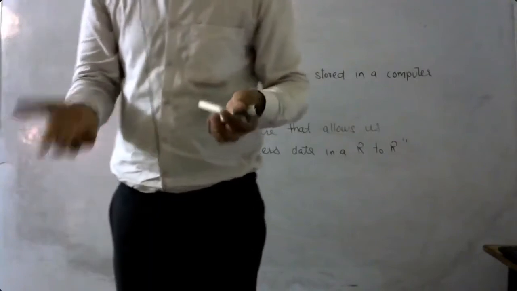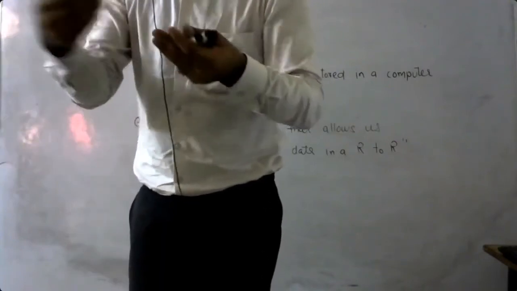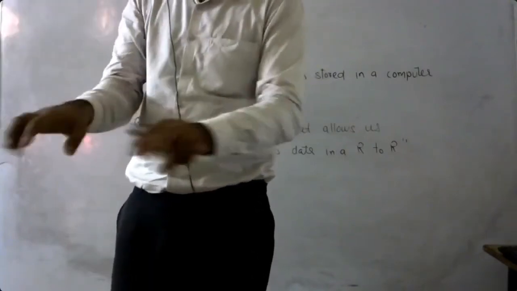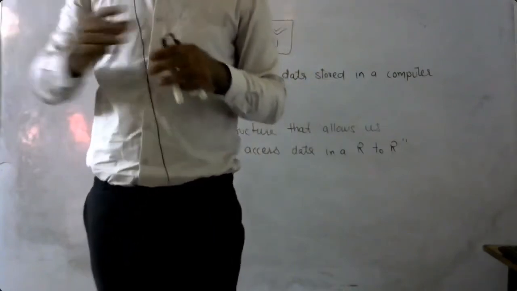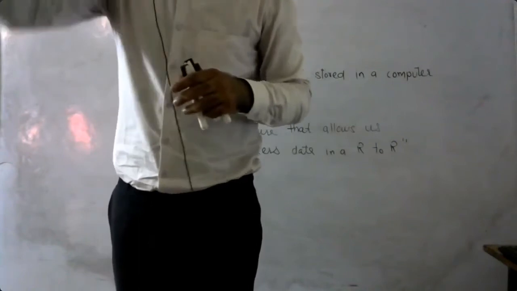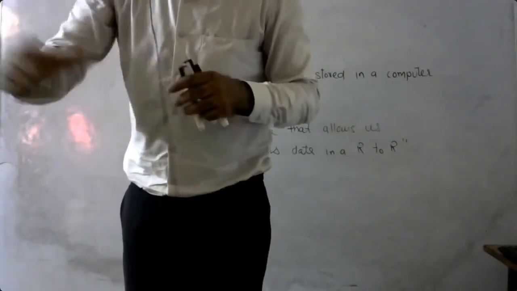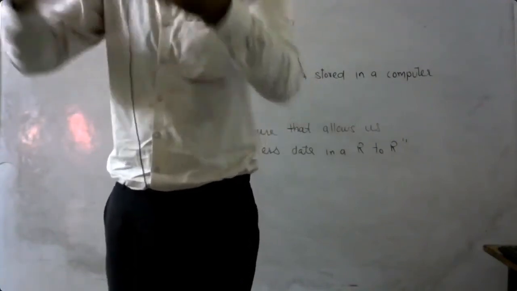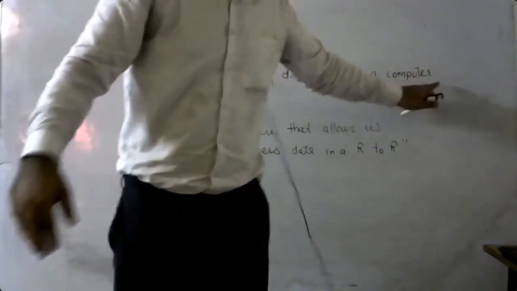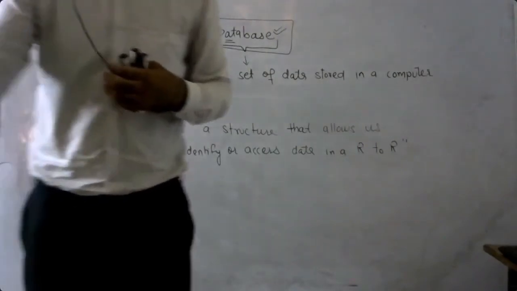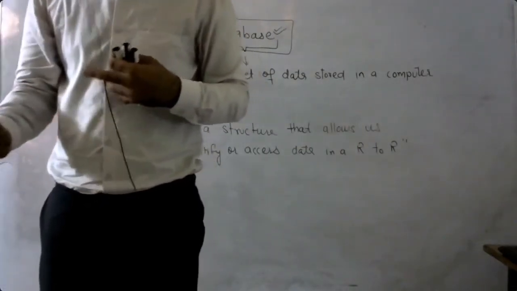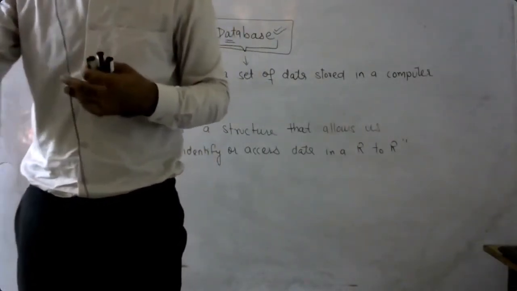Now what I will do when I develop the software, I will take data from the user. So the user will make their entries like their personal details, educational details, their passport size photo and signature. So all those details will be stored on this computer. And later on, the person who is authorized will access those data from table to table.